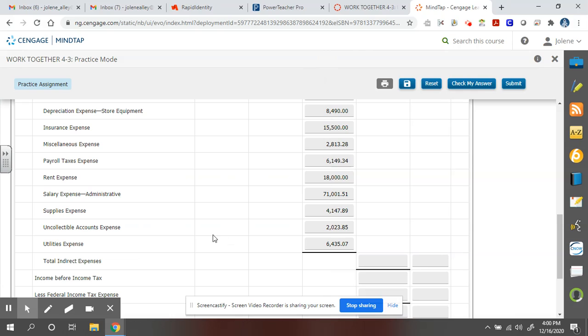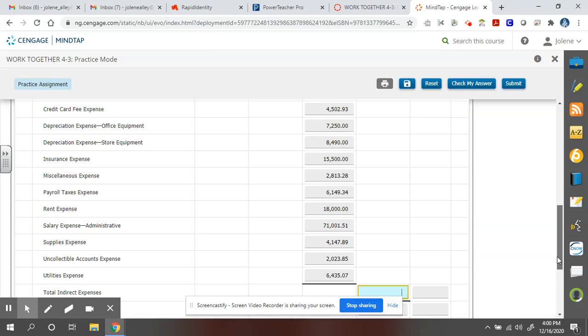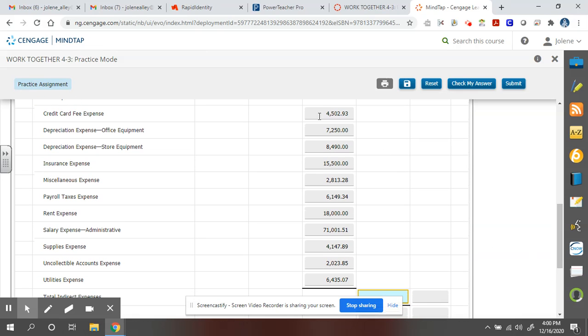Okay, so now it asks for total indirect expenses, which means that I have to add all of these up and put them in this box down here. Okay, so take out your calculator. Let's get this done. 4502.93 plus 7250 plus 8490 plus 15500 plus